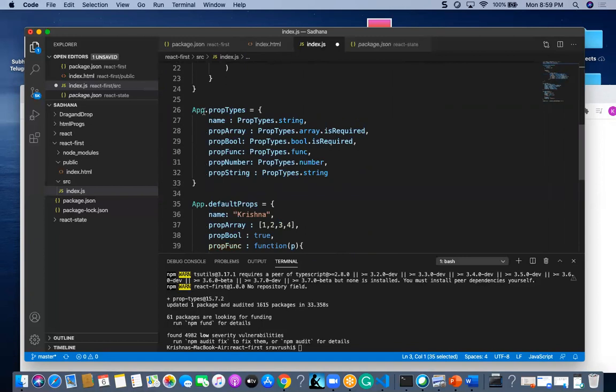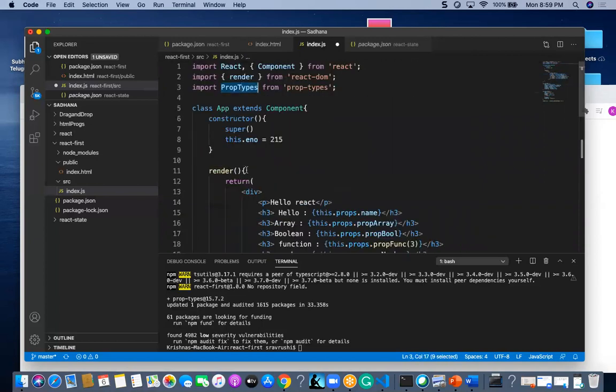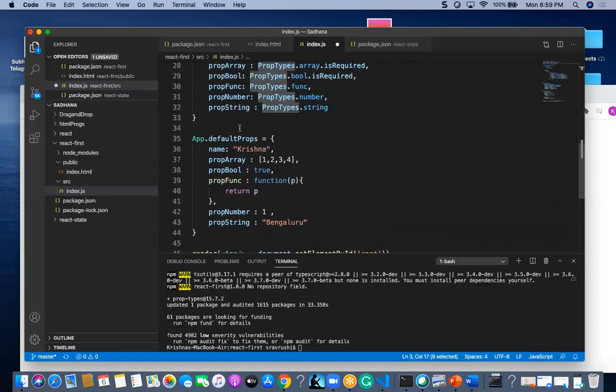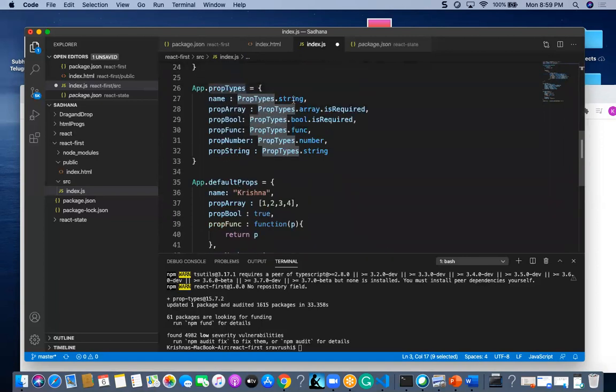And with App.propTypes, there we have to give the name PropTypes. I'm going to give a string, array, boolean, function, number and string. Among them I'm going to use isRequired. These two are mandatory while we are going to execute these props.